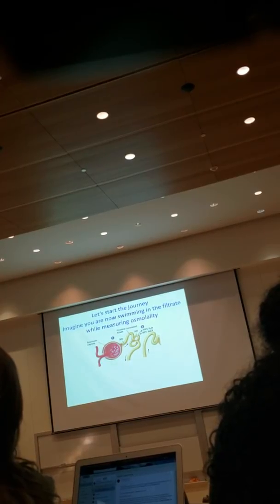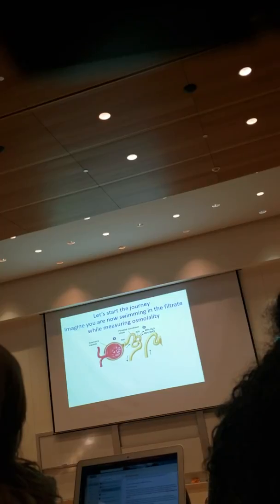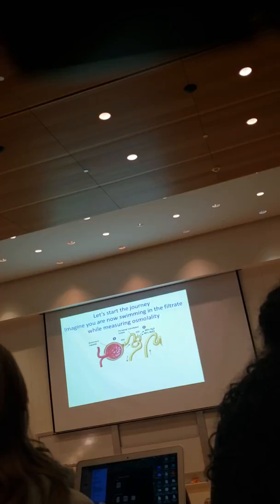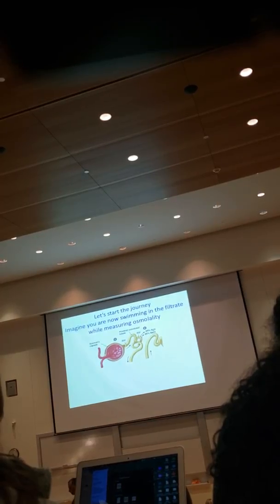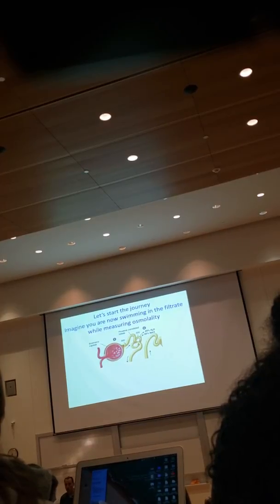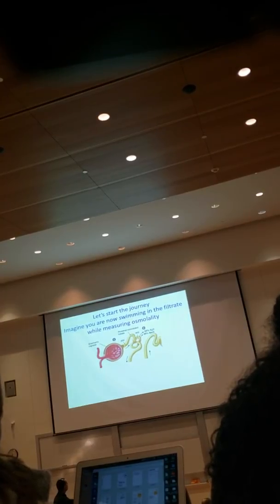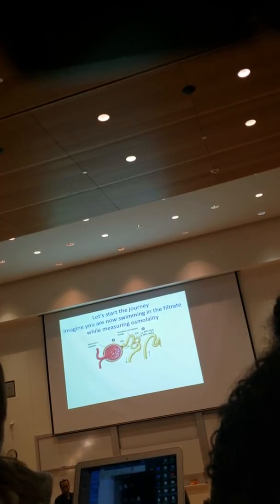What about what we contain? If I take a sample from the end of the PCT, from the filtrate, and a sample from here, do they contain the same molecules, the same contents, the same concentrations? Think about it before you nod yes or no. I'm not talking about osmolality, I'm just saying, what do we have here? How much do we have of each? Think about amino acids, for example, or glucose. If I'm measuring levels of glucose here in the beginning of the PCTs and the level of glucose here at the end of the PCTs, will those be the same? No, right? Because at the beginning we